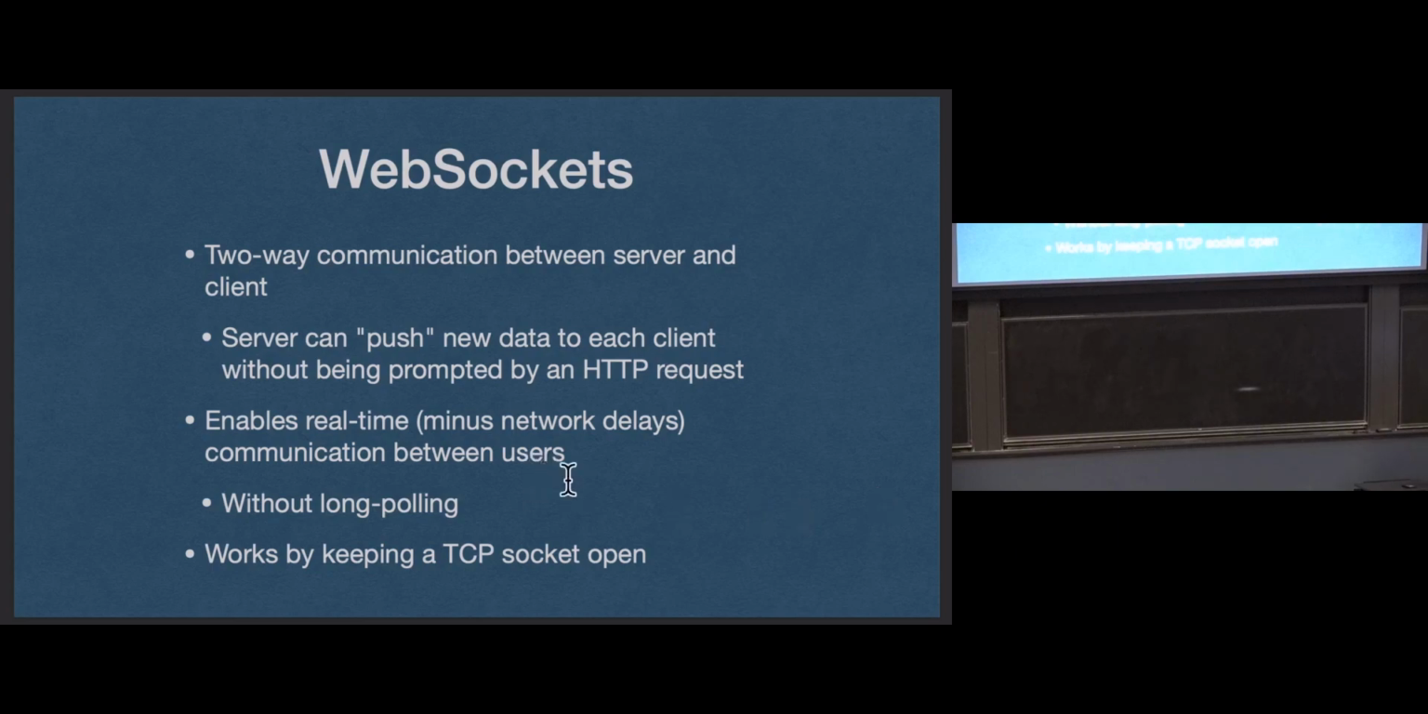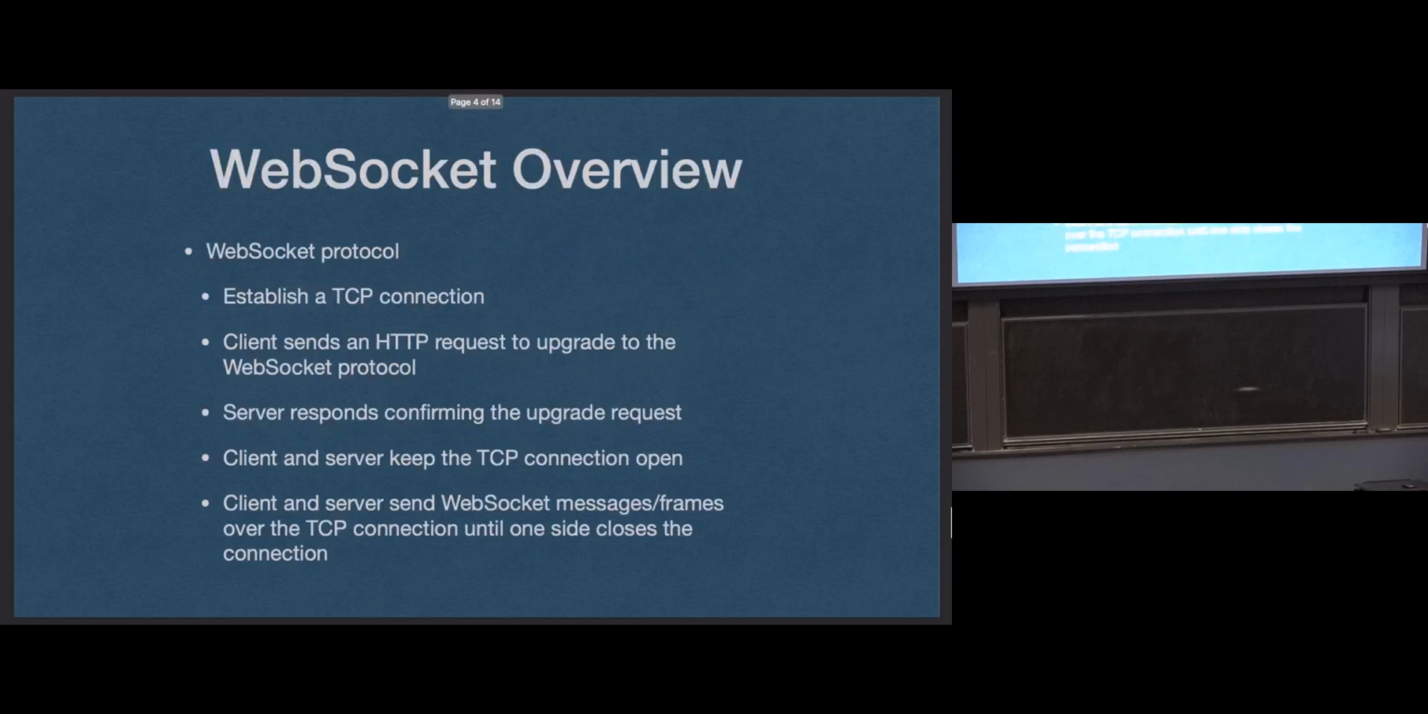But WebSockets is about the best we can do. So the beauty of WebSockets, what a WebSocket actually is, is just a TCP connection. That's it. It's a TCP connection. So what we're going to see with WebSockets, which we've used TCP all semester, is when you make an HTTP request, that's sent over a TCP